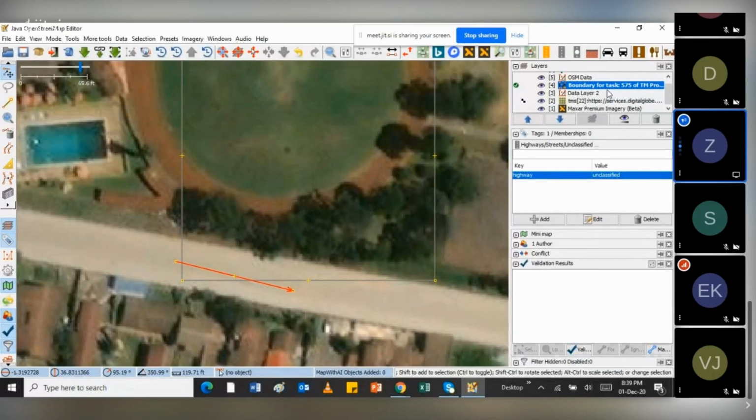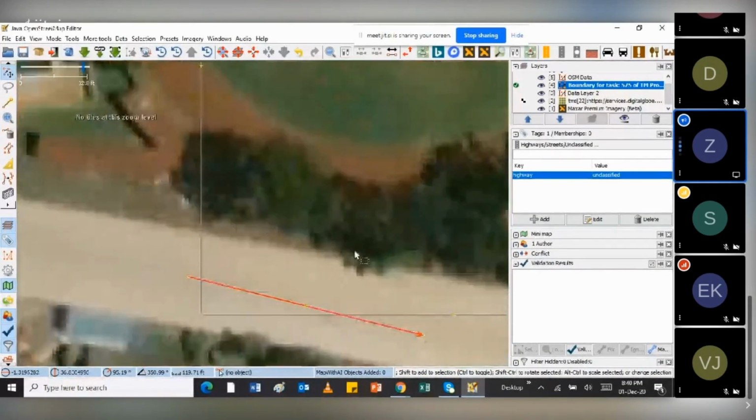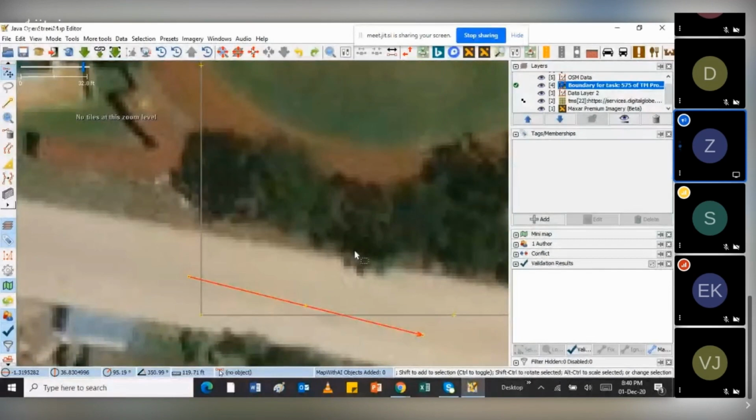So once I've added that, I'll just click on. Let's see what has happened. Sorry, I forgot to mention this. This is the only tricky part of JOSM.